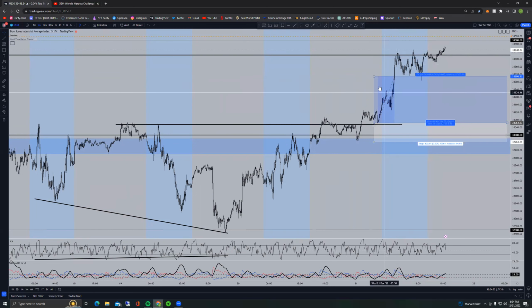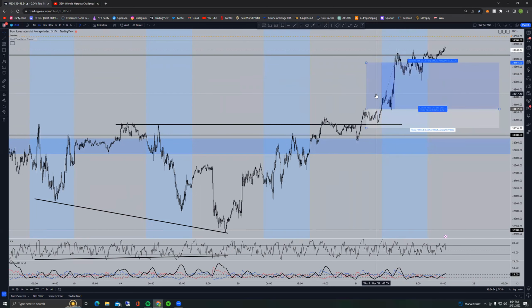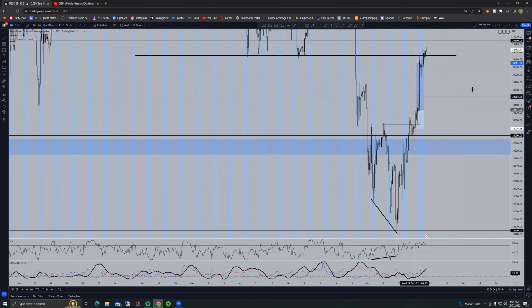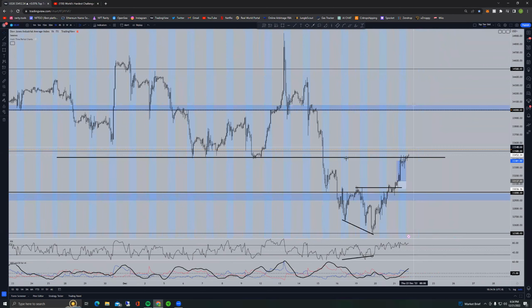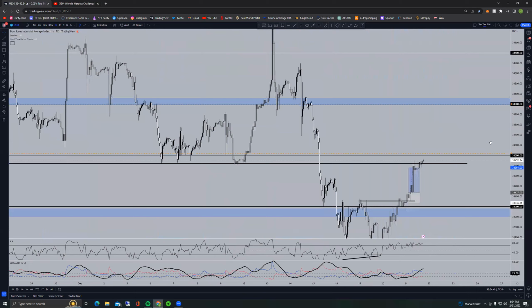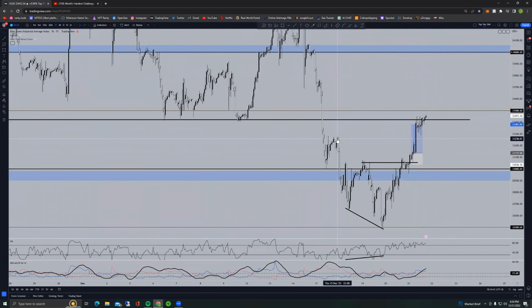So there we go. This is how my trading day or morning pretty much went. Price moved at 7 a.m., as you could see on the H1. Let me take these sessions out. You can see in previous data that price was making lower lows and lower highs. It hit a lower low at this 33,000 support and then created a lower high at